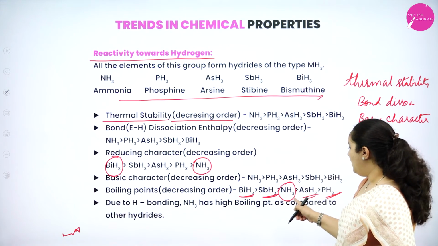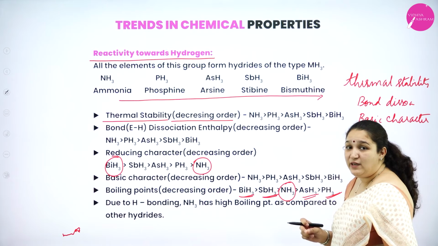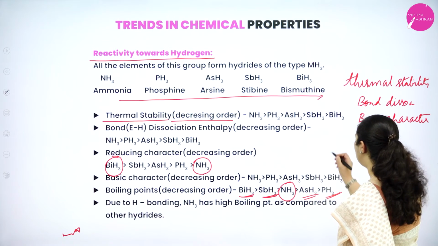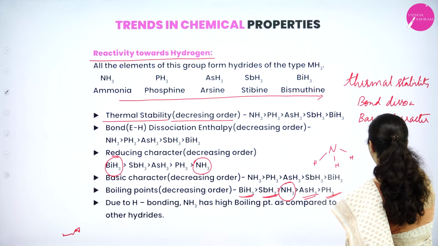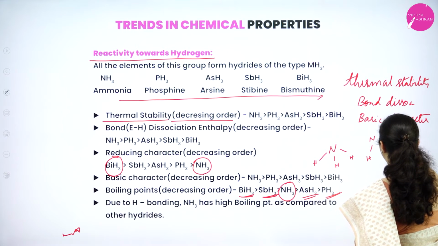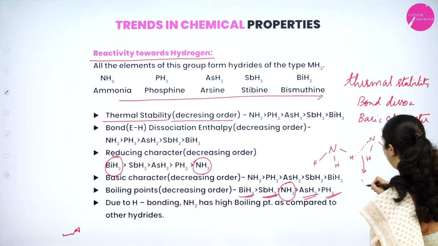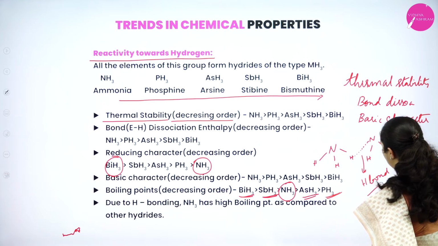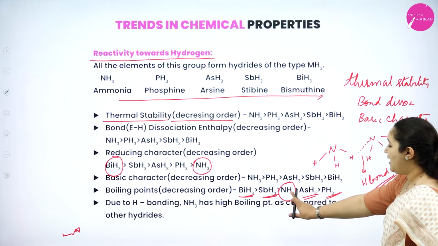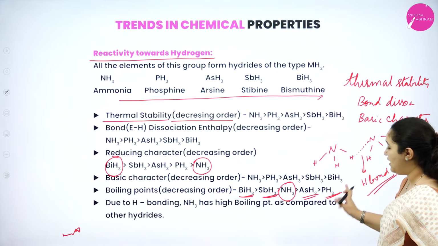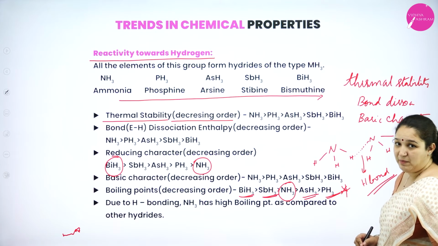Why has ammonia got a higher boiling point than phosphine and arsine? It is because of its ability to form hydrogen bonding. That is, you can see an ammonia molecule, NH3. For example, there is one more NH3 molecule. Hydrogen and nitrogen of another molecule form a hydrogen bond, and when hydrogen bonds are formed, the boiling point will be very high, isn't it? Thus, ammonia has got a higher boiling point than that of arsine and phosphine. Okay, so this is one exceptional case which you need to remember.